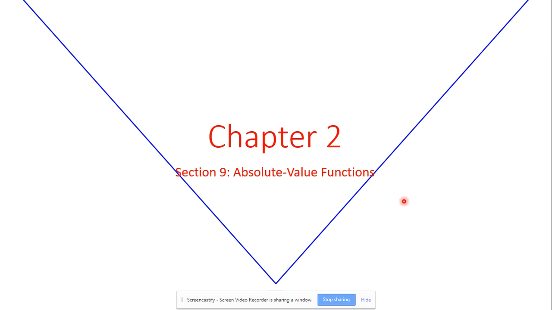Welcome back to the last section in Chapter 2. This is Section 9, all about absolute value functions. So we're going to see what they look like, and then we're going to use those transformations that we saw a couple sections ago to transform the parent absolute value function into any of them that we want. In this case, it's a little bit more entertaining than lines because there's actually pieces of an